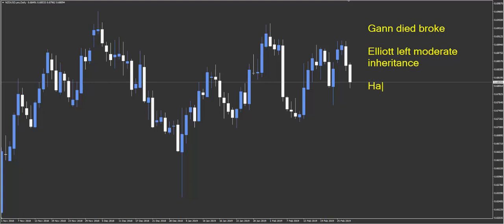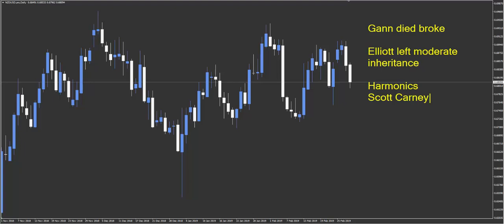When you start looking at harmonics, the father of harmonics, I'm going to say, is Scott Carney. So harmonics do work. There's no two ways around it, because it's focusing on market structure, and Scott Carney's the guy that basically created harmonics in its modern day form. There's been people that have done a bit more beforehand, like Gartley, and people that have done a bit more since. But ultimately, if you think of the one person responsible for harmonics, Scott Carney's the guy, and he's made some decent money. He's also an incredibly smart guy, so fair play to him. He's been very successful in the markets.